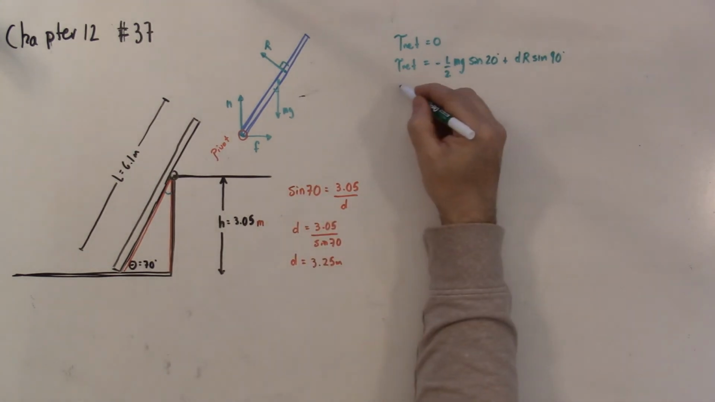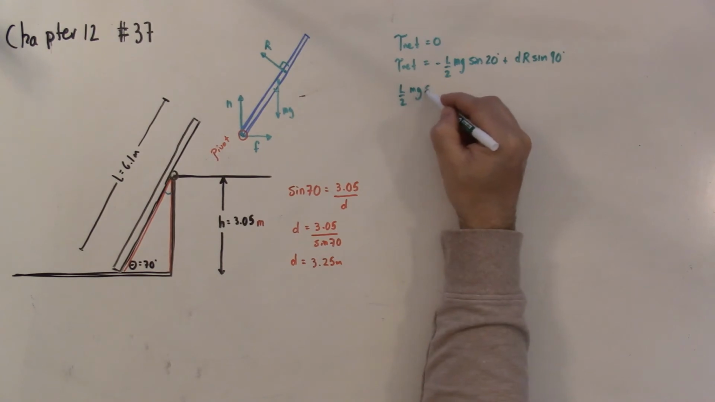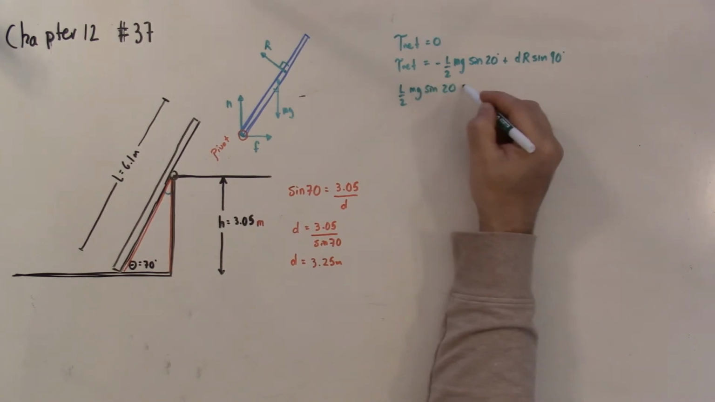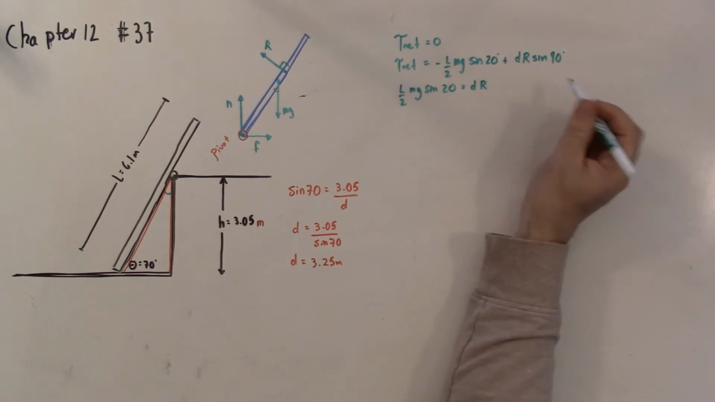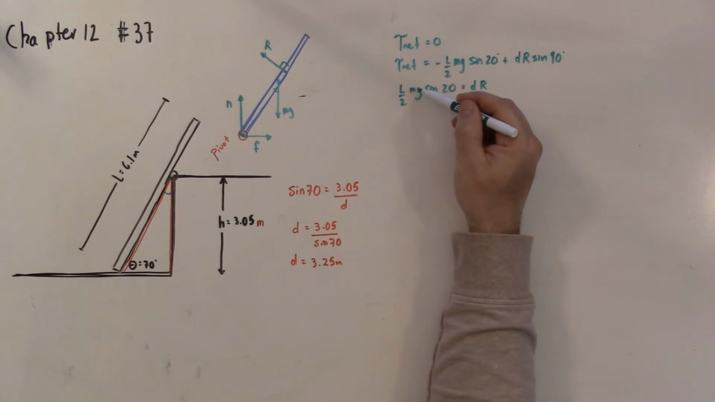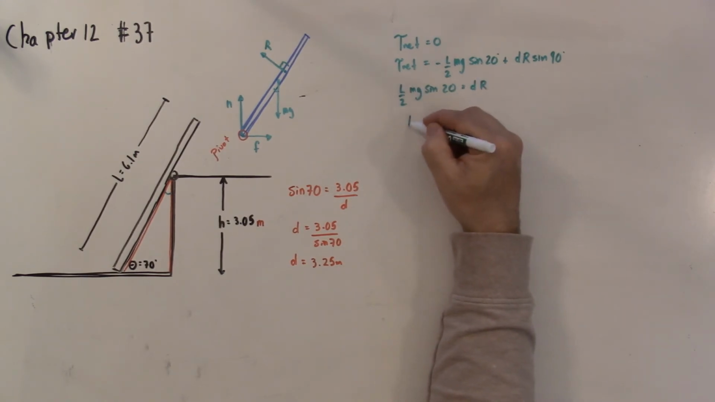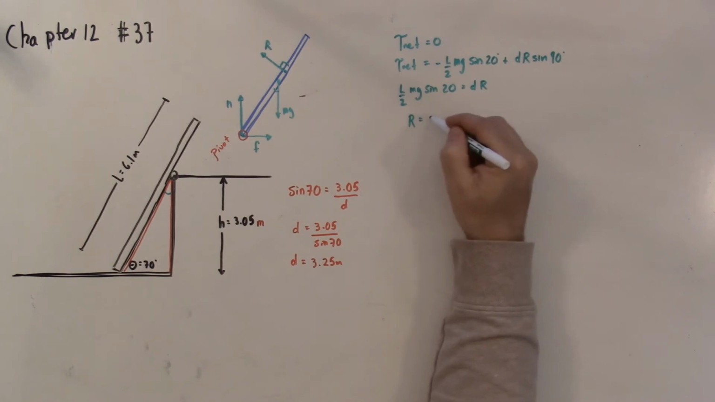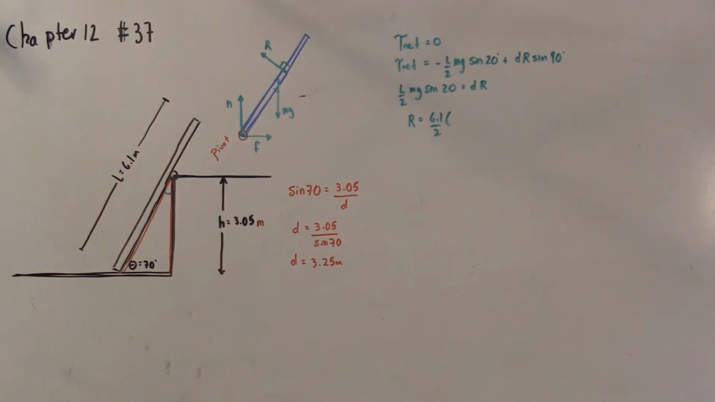So if I look at this now, this is L over 2 mg sine 20 is equal to my d times my r. I know L, I know mg, I know the sine of 20, I know my d from here. I can actually solve for r directly. R is equal to 6.1 divided by 2 times m. It says in this problem,